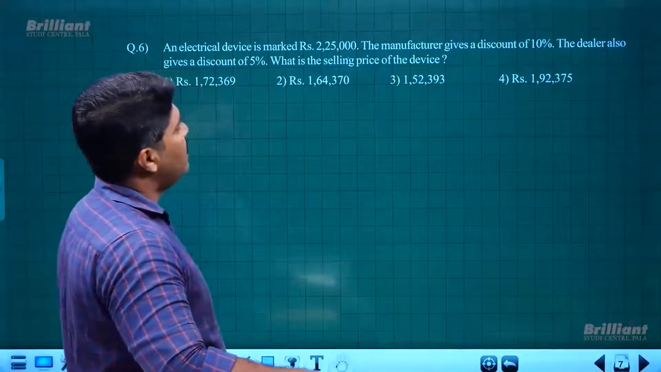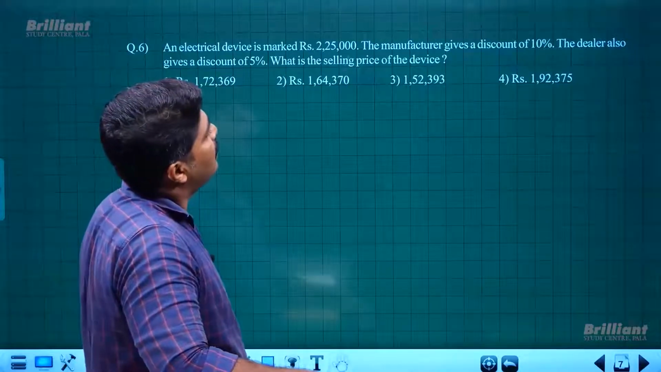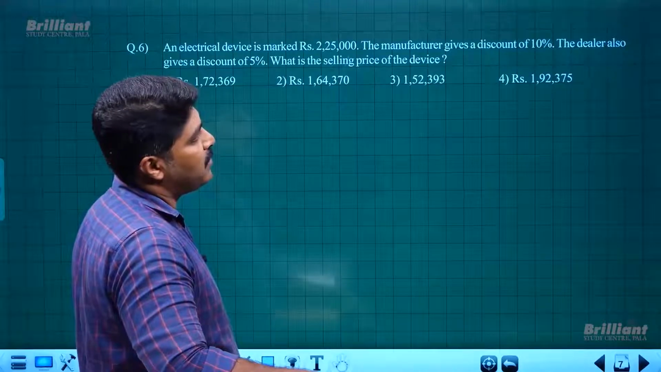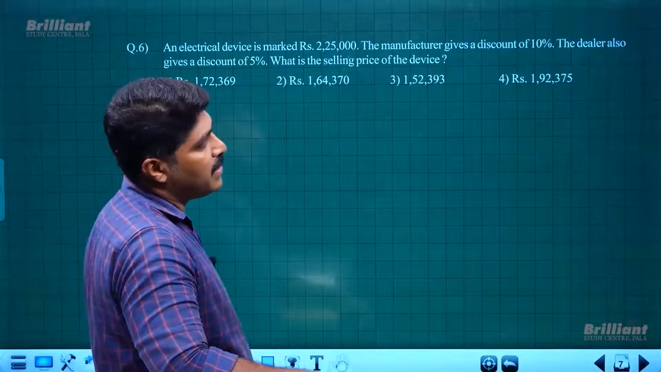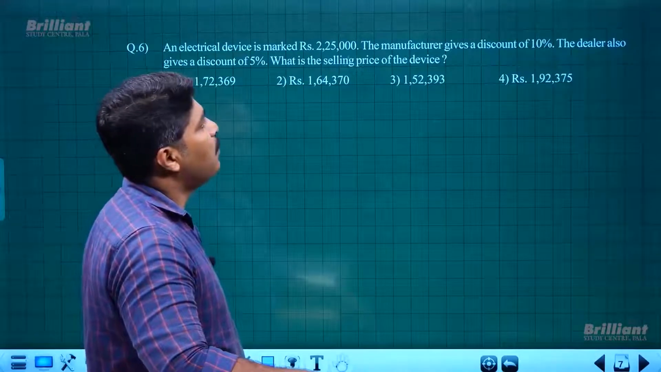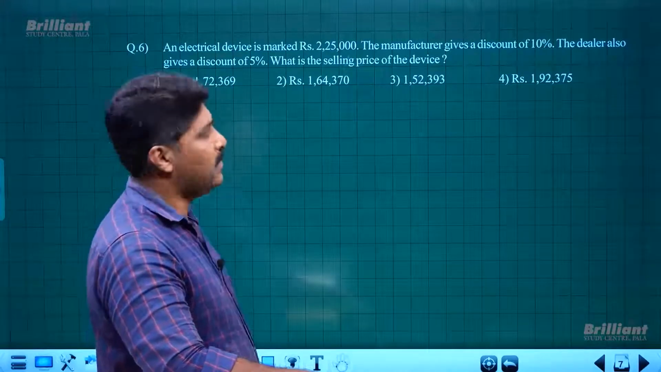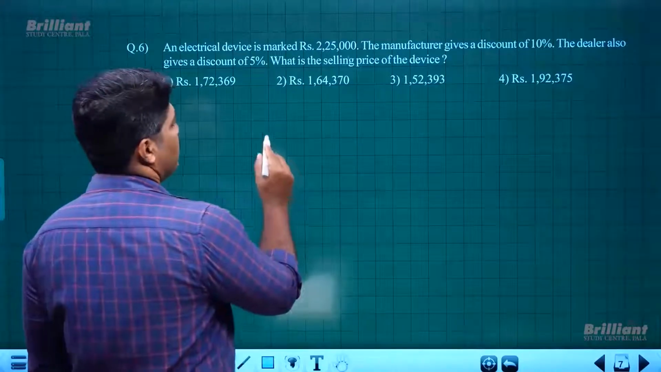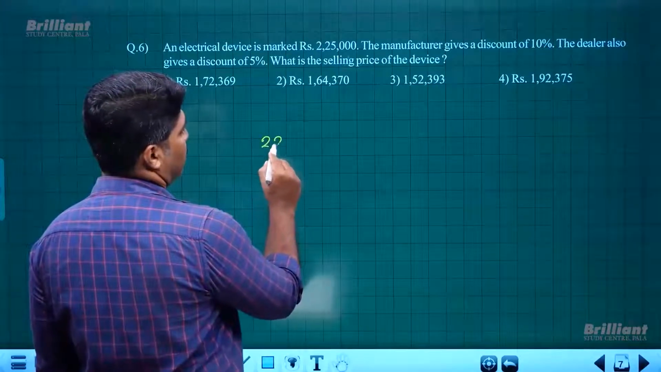An electrical device is marked rupees 2,25,000. The manufacturer gives a discount of 10%. The dealer also gives a discount of 5%. What is the selling price of the device? So how to do it? So here, first, its price is